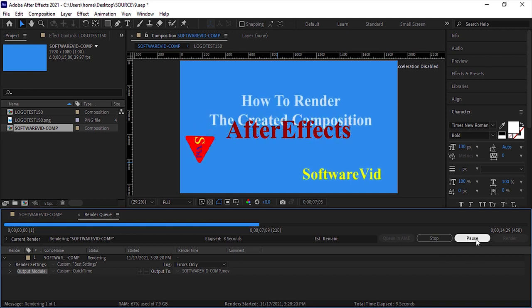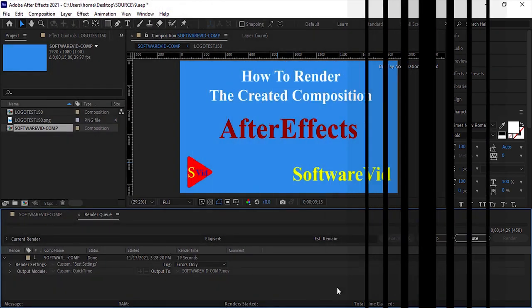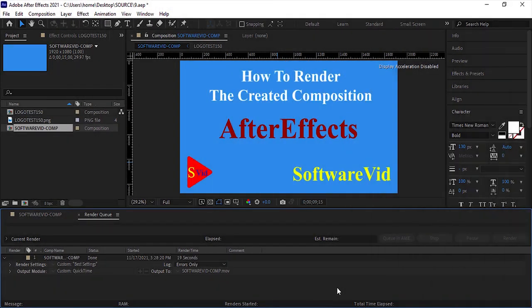However, you can use the Pause button to pause the rendering process and resume by clicking the Continue button. In this case, the rendering time will vary according to the composition time as well as the number of layers, objects, and effects. At the end of the rendering, the Render Time field displays the time it took to create the output file. The phrase Done is also displayed in the Status section. The display of this phrase indicates that the rendering of the selected composition is complete. Now you can go to the Video Storage folder, open it and view the output.